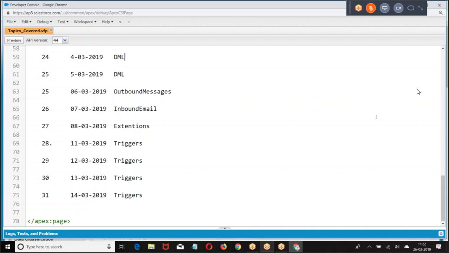Why? When you are testing asynchronous operation, there is a possibility that the governing limits issue may come in the test class.